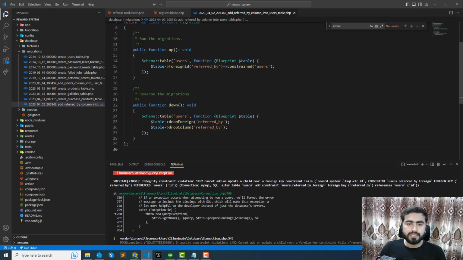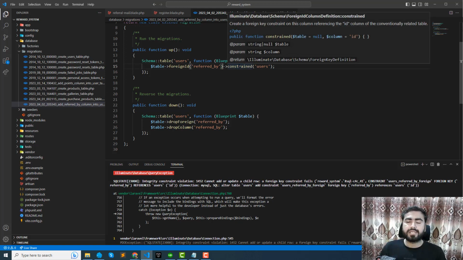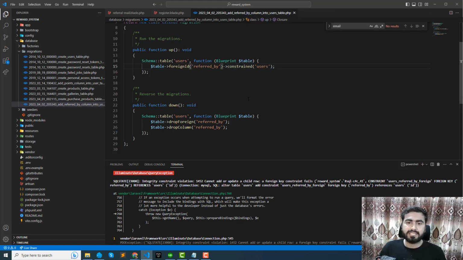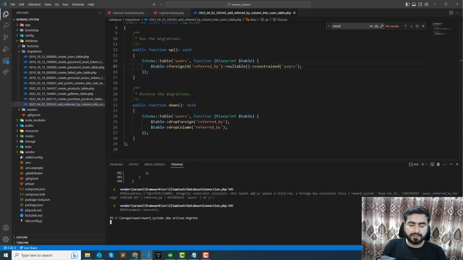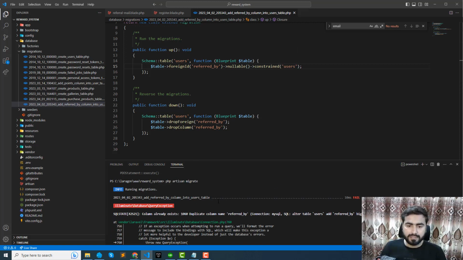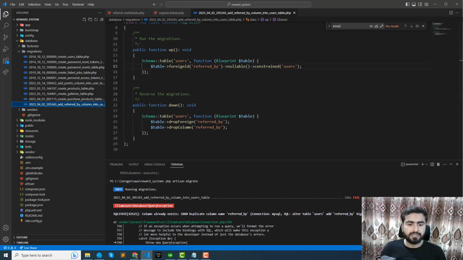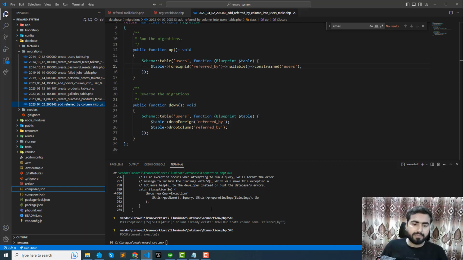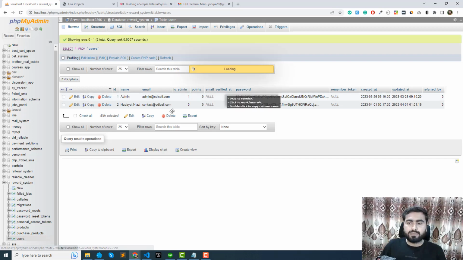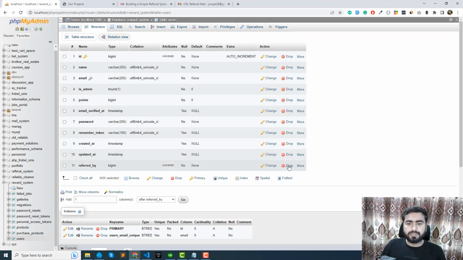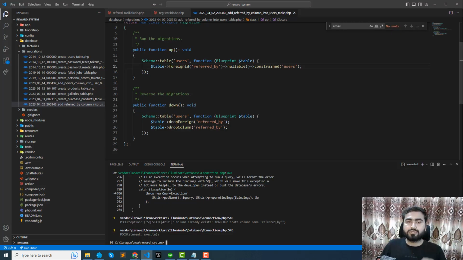So now we need to make this nullable, right? Why? Because existing users don't have any reference, right? So that's why we need to make this nullable, and then simply run it again. So this will not work because we now need to execute only this migration, right? I'm not able to migrate it because it's already created. So the thing is, you can drop it from here, right? There's an option of drop, and then you can do this, but I'm going to do this with the Laravel